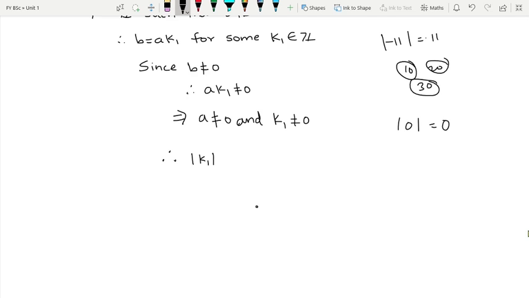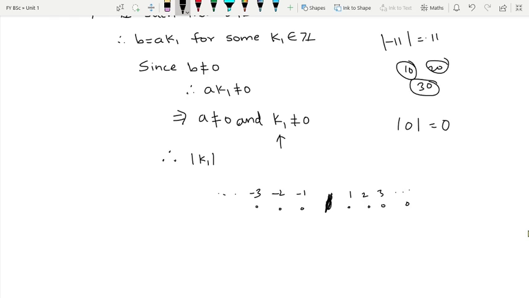Now since the number is non-zero, the number can be anything. If you think about the set of integers, how are they? 0, then on the right hand side 1, 2, 3 and so on. On the negative side -1, -2, -3 and so on. Now since the number is non-zero, this case has been ruled out, right? So what are the possibilities of k1? Now k1 is non-zero, what does that mean? k1 can either be 1, 2, 3 and so on, or it can be -1, -2, -3 and so on. We only know that it is not 0.